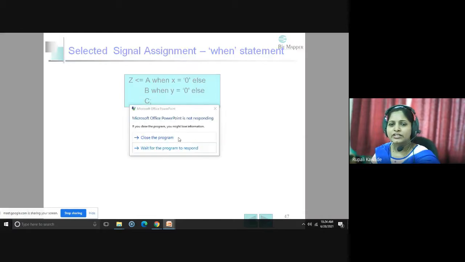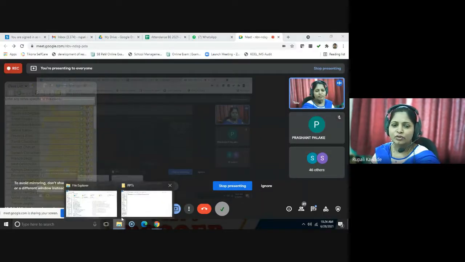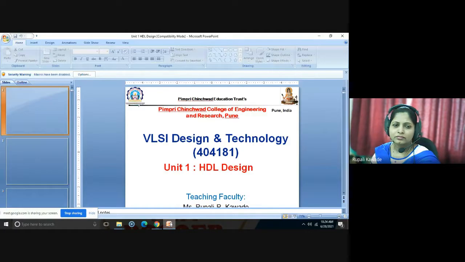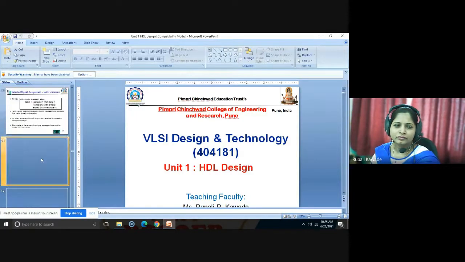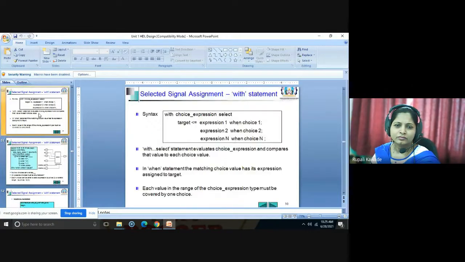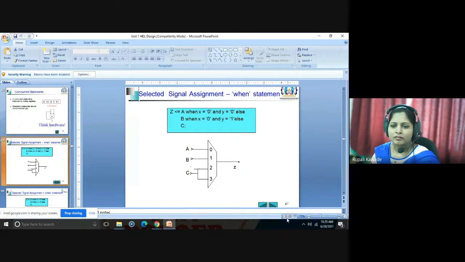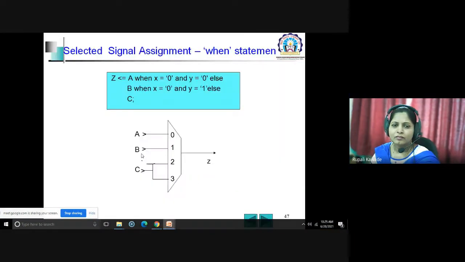Suppose I'm saying one is x and another one is y, then depending upon the values of x and y, we will get the value for the z. Here x and y are the two select lines.